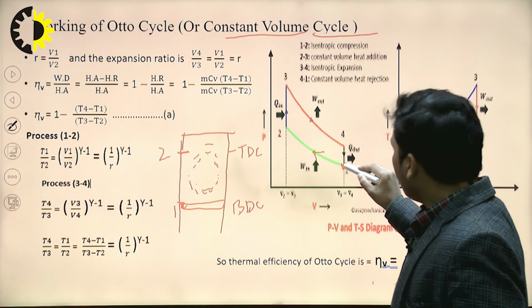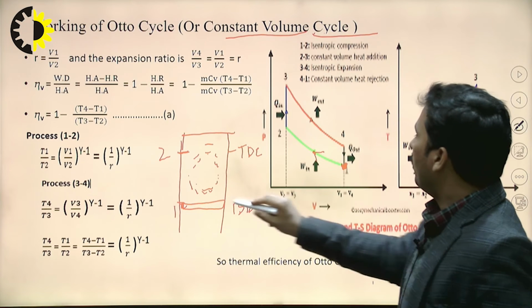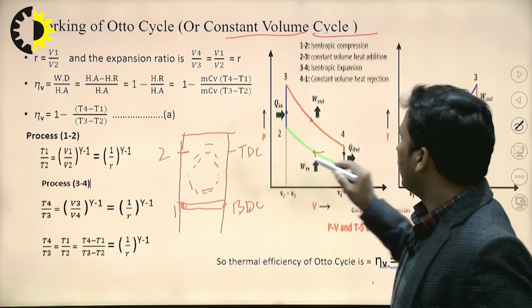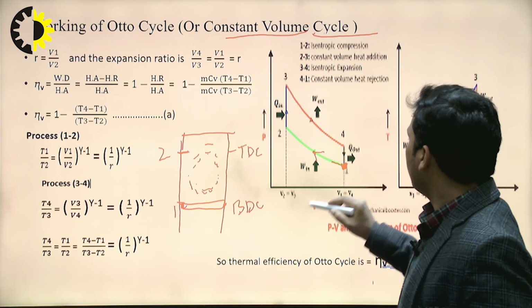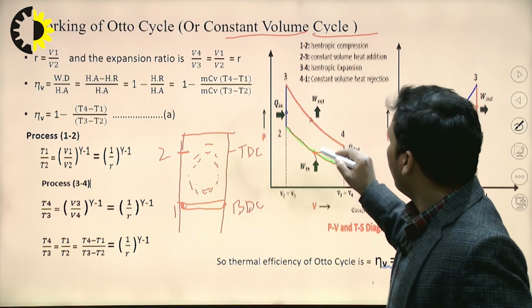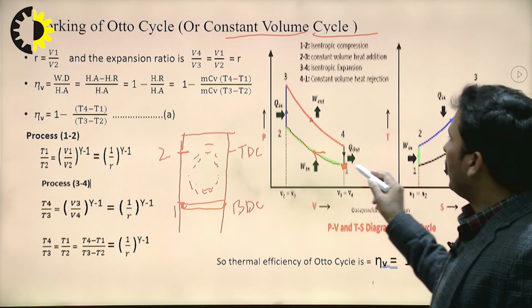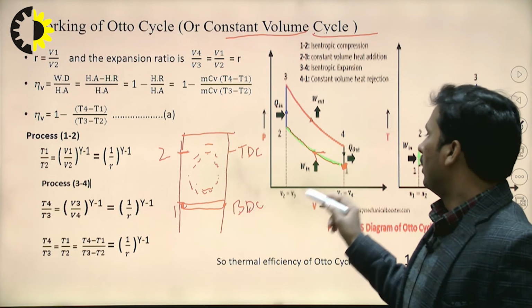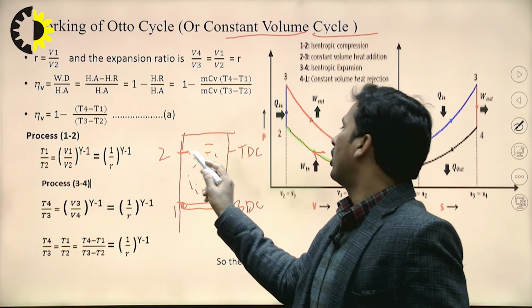So during the compression stroke, the piston will move from bottom dead center to top dead center, and the gases will start compressing from 1 to 2. So, from here you can see that pressure increases, volume decreases, and when the piston reaches the top